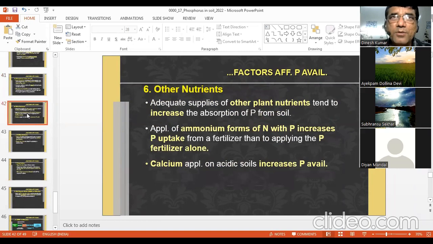Other nutrient interactions, particularly zinc and phosphorus, have a negative interaction. In general, if you increase the phosphorus levels, they reduce the zinc availability and vice versa. If you increase the zinc level, too much zinc in the soil will reduce the phosphorus availability. I have seen one time a farmer applied zinc fertilizer at a very high rate, because